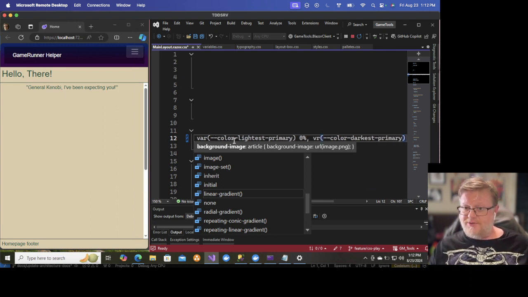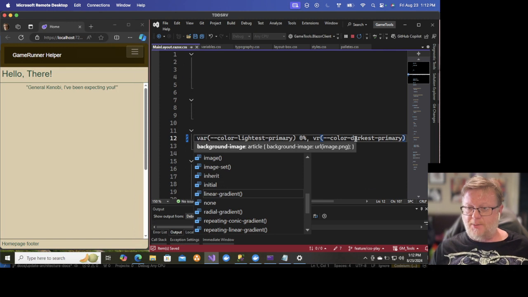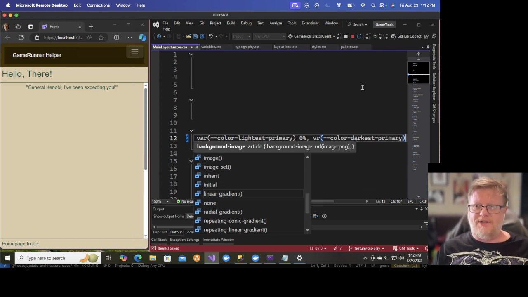Now these variables should import all the way out to here, because in the app.razor file,